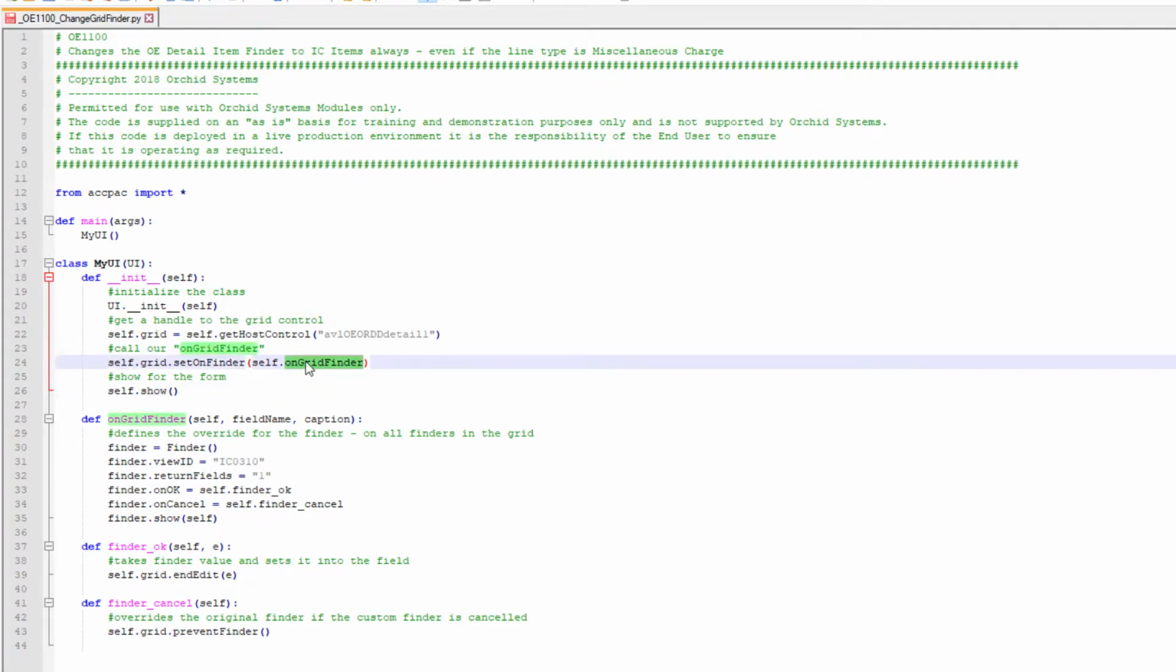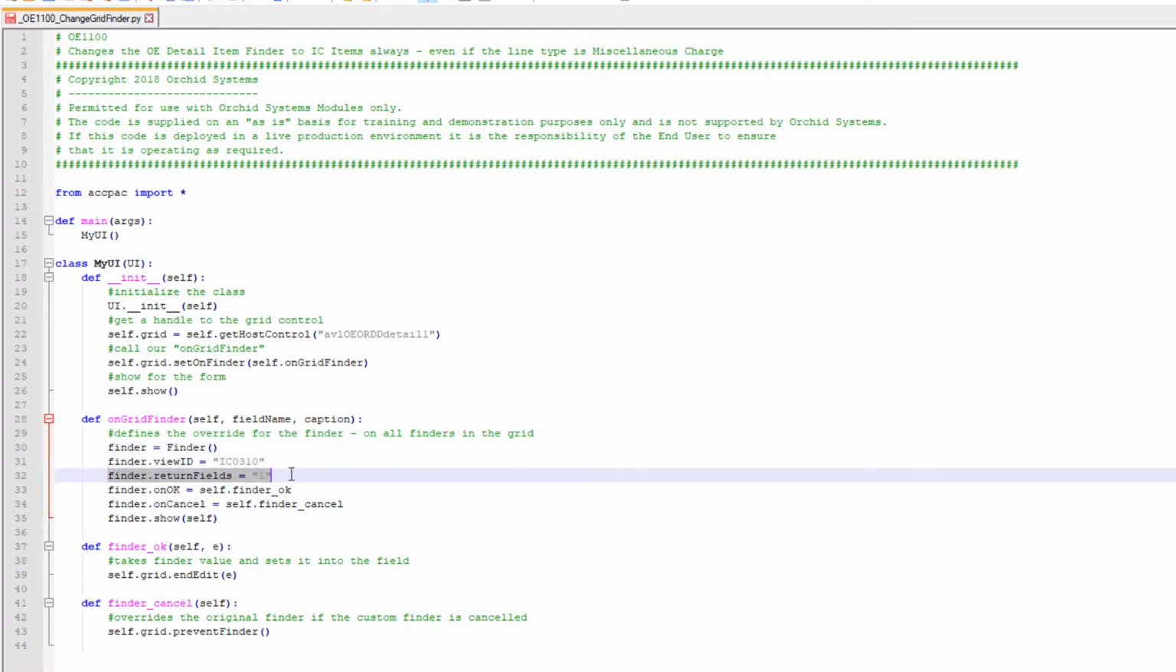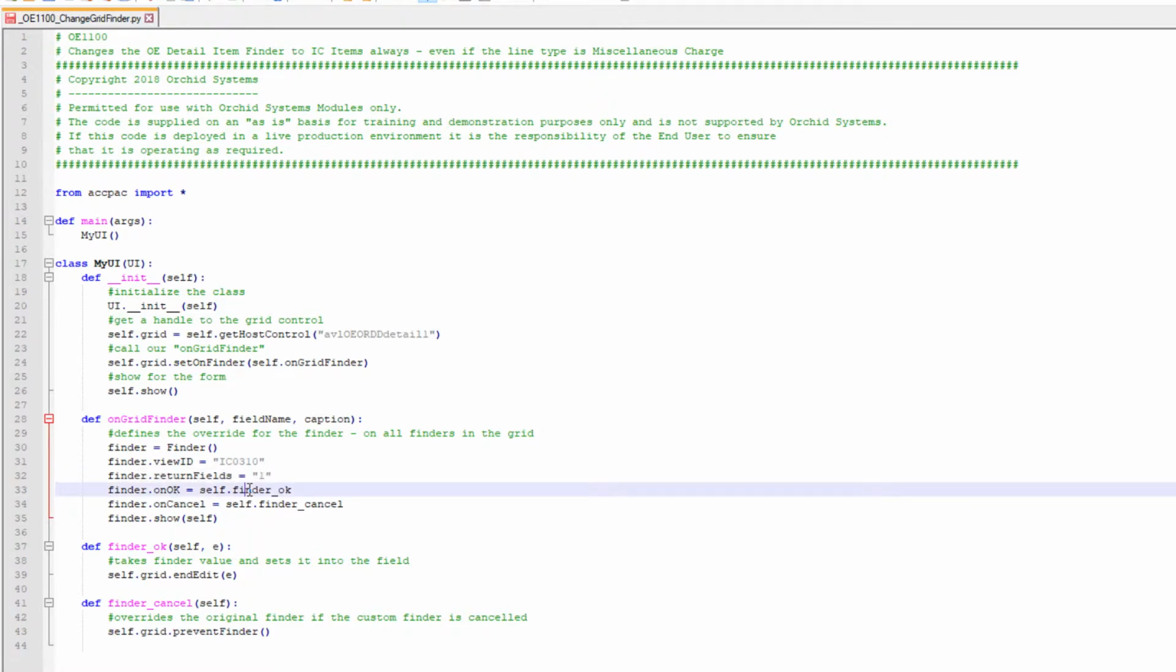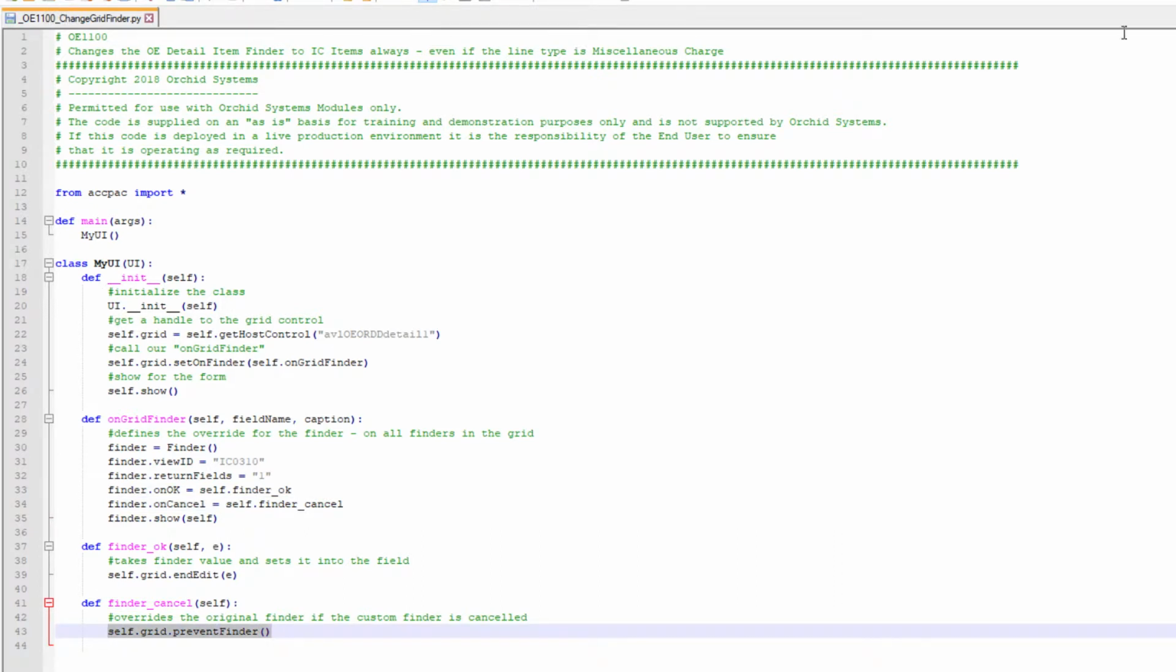But when the finder on the grid is clicked, it is replacing the finder with the IC item view. So in my case, the example we're going to test is even though we choose a miscellaneous item line, when we click on the finder, it still goes back to the IC item finder and returns the item key. If they select a record from the finder, it's going to run this particular subroutine, which is going to take the finder value and set it into the field. And if they click cancel on the finder, it's going to run this subroutine and they're going to cancel the finder. Save the script and check it back in,